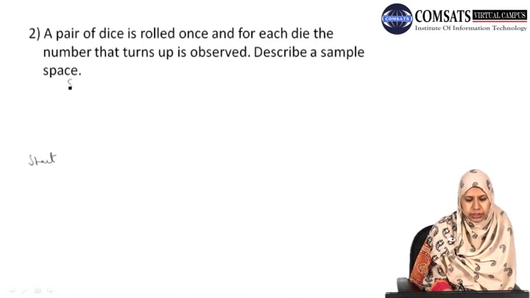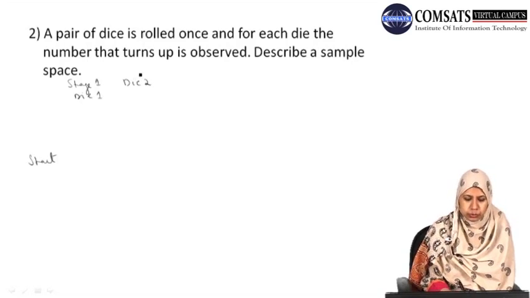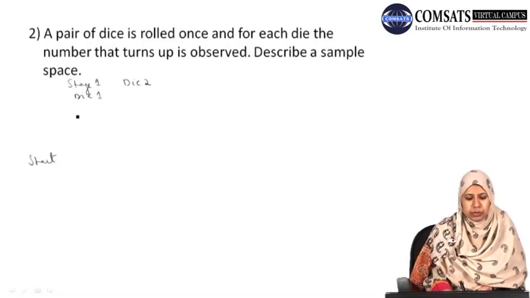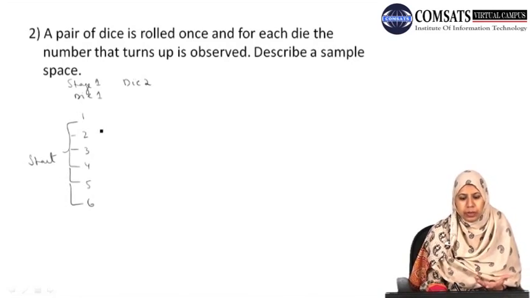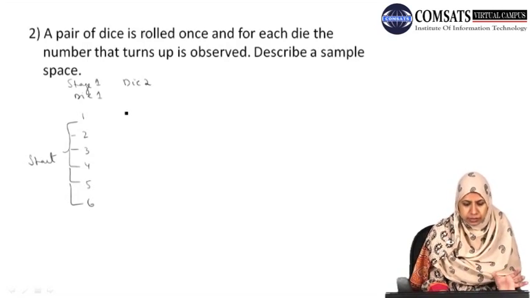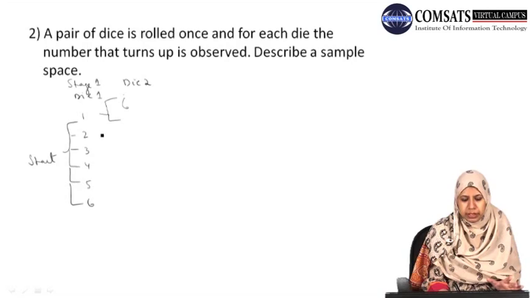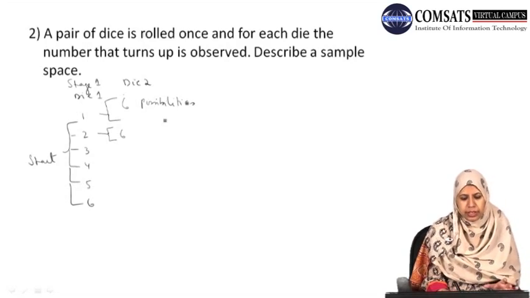Then we have the first stage, which is the possible outcomes of die 1, and the second stage, the possible outcomes of die 2. The possible outcomes of die 1 are 6, that is, we may obtain any of these outcomes from die 1 when it is rolled. Again, the possible outcomes for die 2 are 6, which means that each of these has 6 possibilities. And so on.